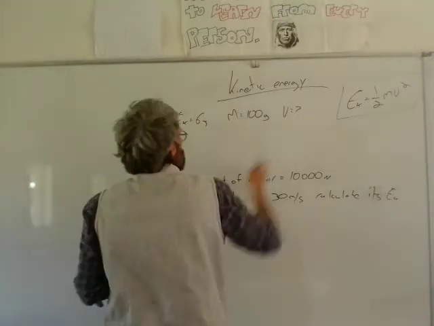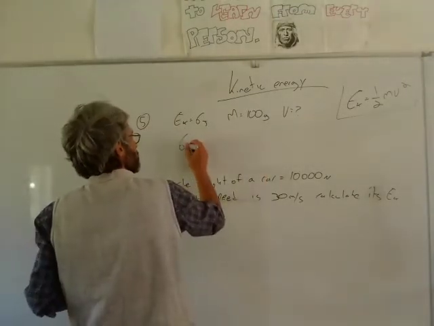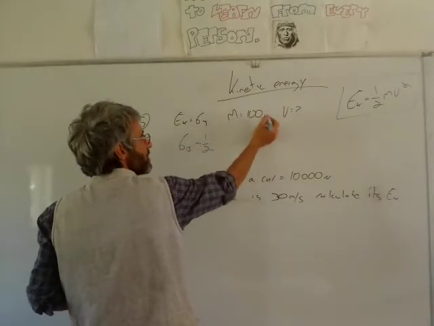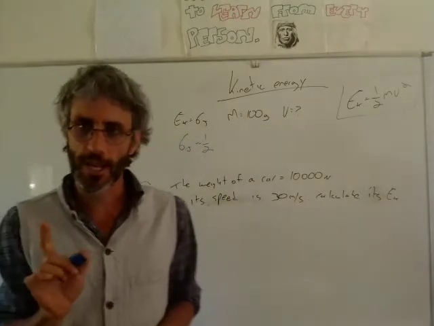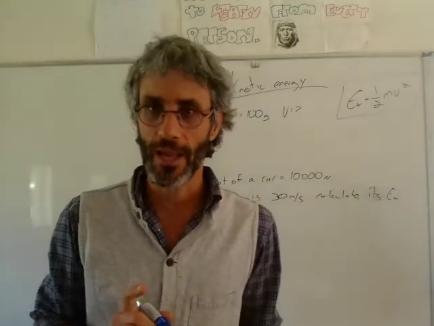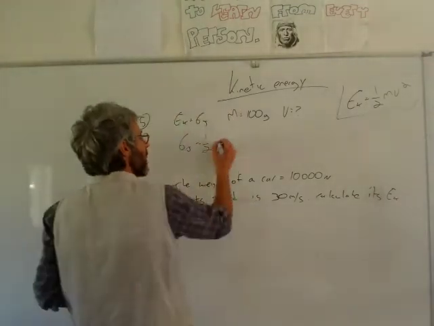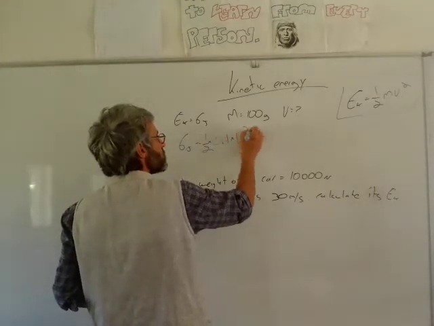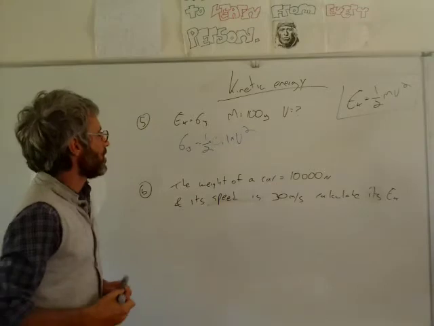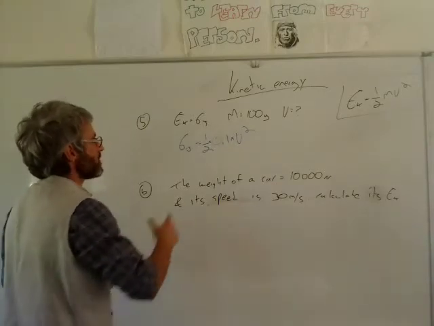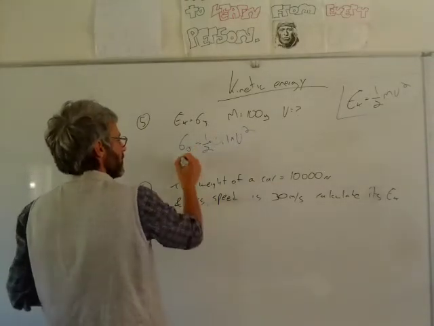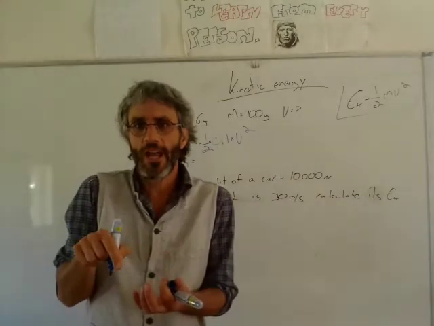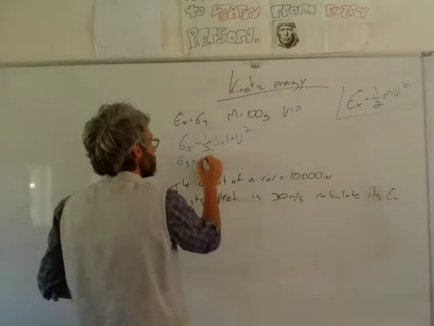Kinetic energy is 6 joules, half times mass. Mass is 100 grams. I've got to watch out here, I've got to write it in kilogram. So how many kilograms is 100 grams? 0.1. And that's times v squared. So let's write 6 joules equals, what is half times 0.1? You can put that in the calculator. It's going to be 0.05